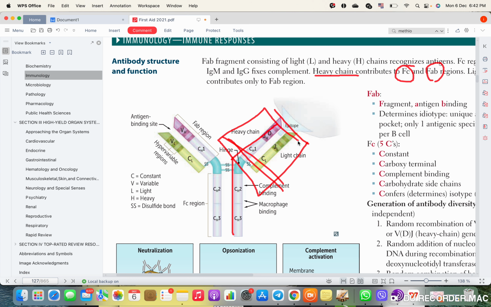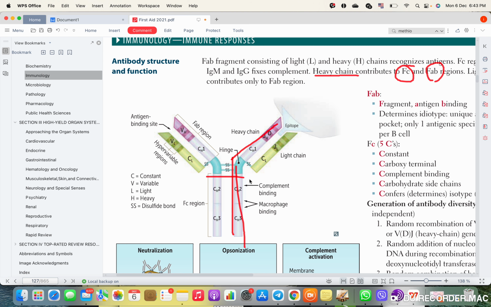This is the Fab region. Yes, this is the Fab region. As you can see, the heavy chain takes part and makes a part of the Fab. And also the heavy chain, which is basically this whole thing, makes also all of the,